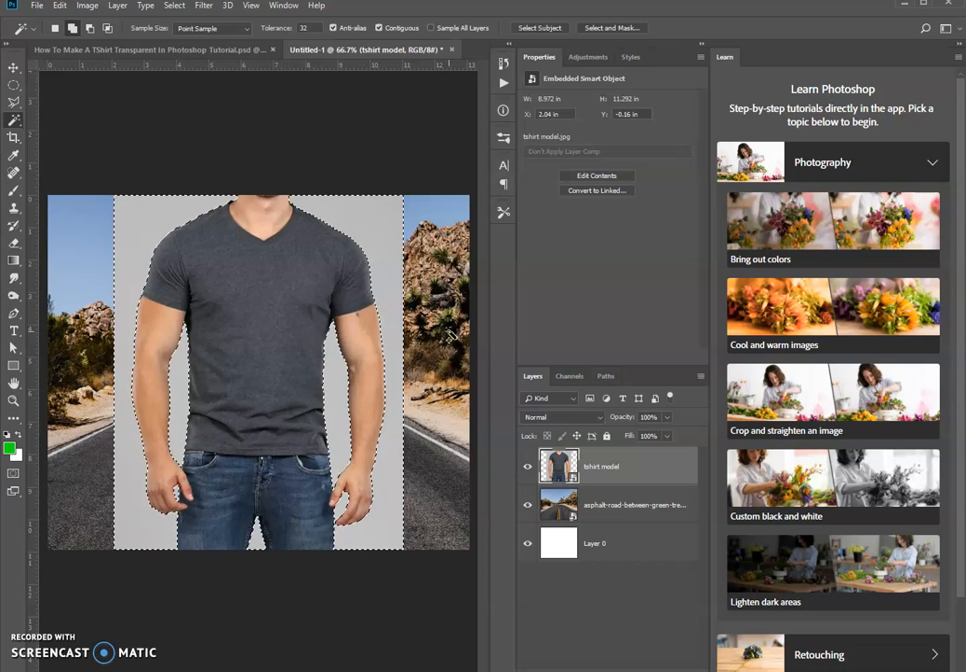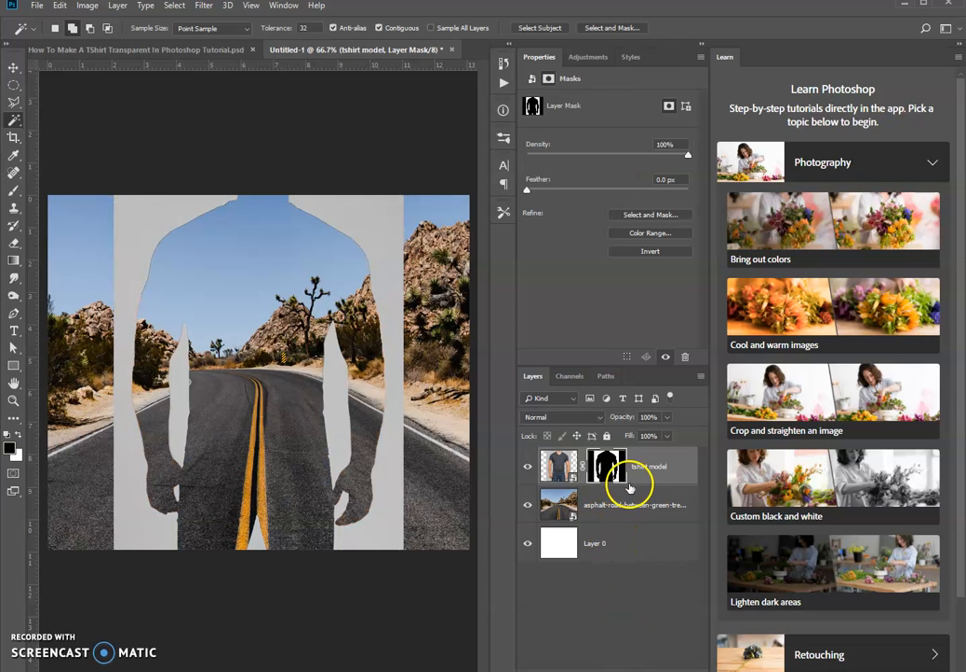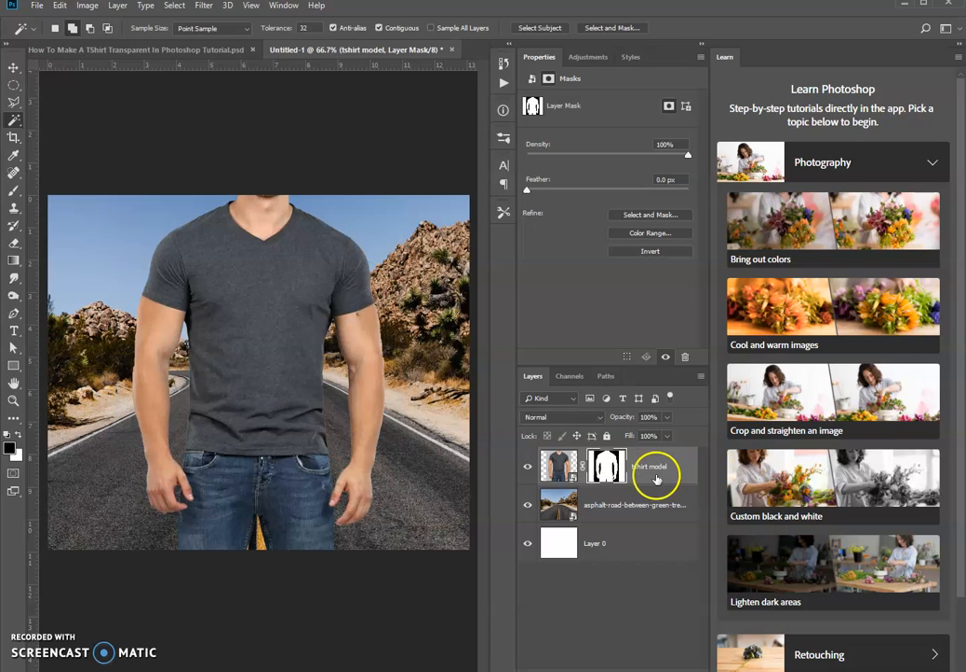In order to do that, we're going to click on the layer mask thumbnail, and now we have the opposite of what we want. So to invert that, make sure you have the layer mask thumbnail selected in the layers panel and just press Control I on a PC to invert it. Okay, now once we do that, what we want to do is